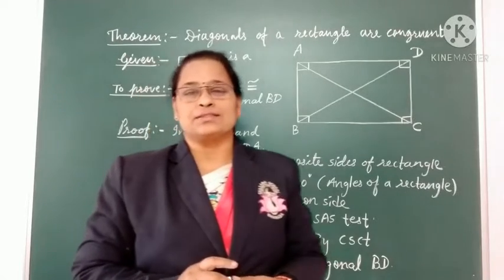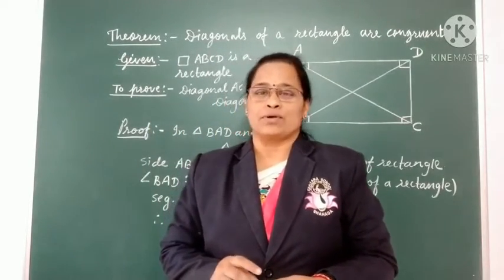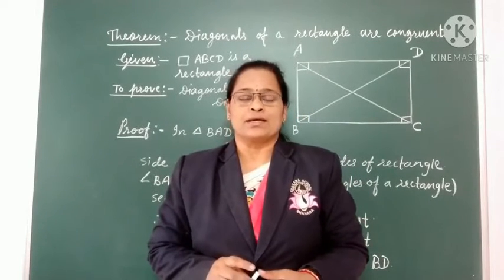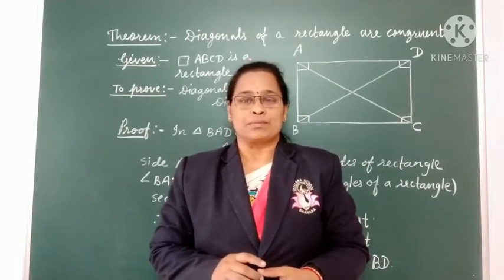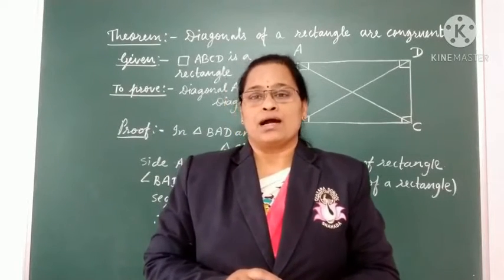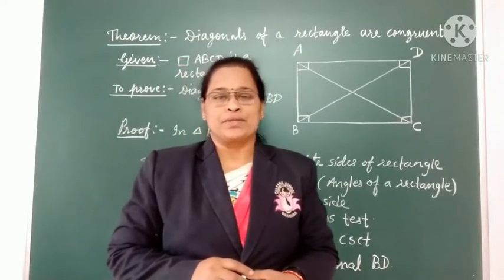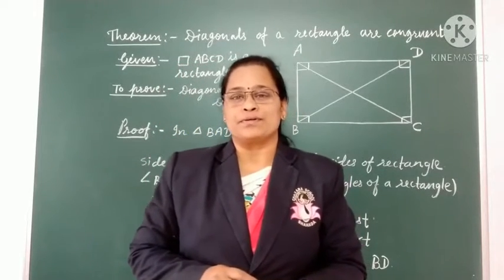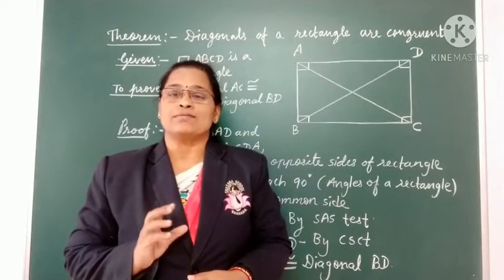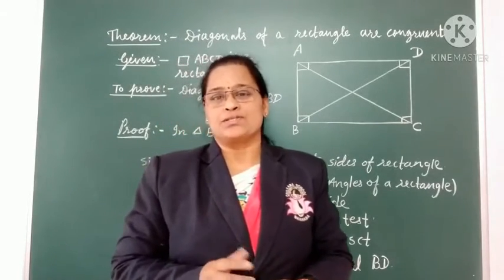And here this is the fourth video regarding the properties of quadrilaterals and some of the examples related to the properties. So today we are going to see some of the properties of rectangle, square, rhombus. And then we have to see the next properties of the trapezium also. So here the first property of rectangle, as you all are knowing, this property only we are going to prove by the logical proof, that is direct proof.